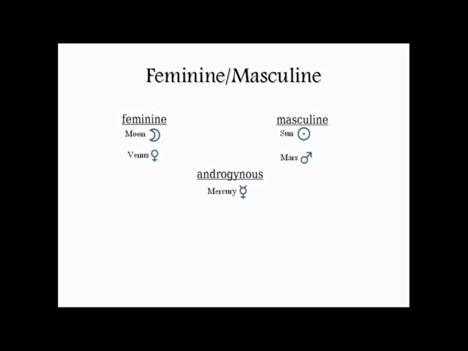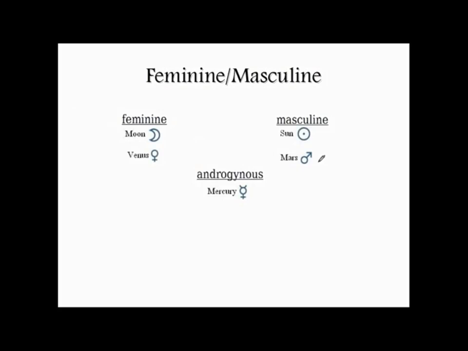The most basic way in which the planets are grouped would be in terms of what we could call, I suppose, gender. The Moon and Venus are feminine. The Sun and Mars are masculine. So what this means is that the Moon and Venus will represent femininity as an abstract concept, and as an idea that can describe certain types of drives within us, and of course we can have those drives whether or not we're female. I suppose you could call them nurturing, caring, softer sort of energies. And those are the ones that the Moon and Venus represent, whereas the Sun and Mars are more fiery both,